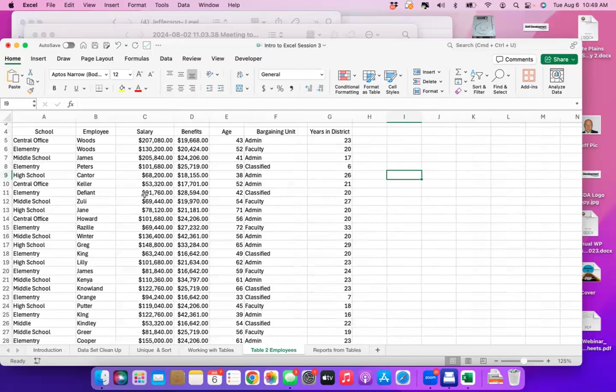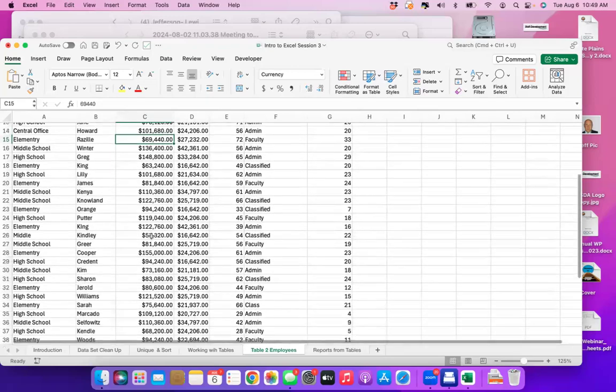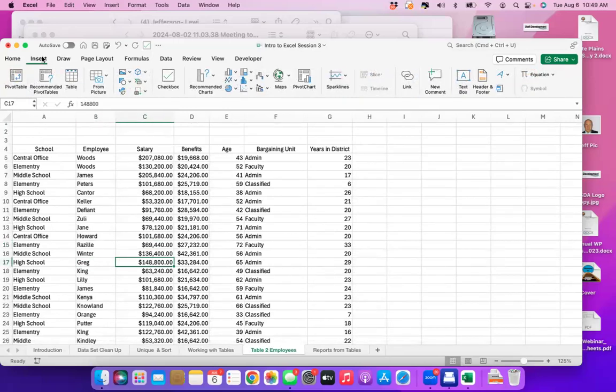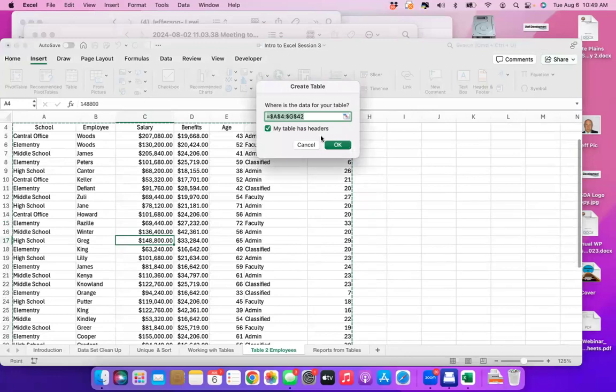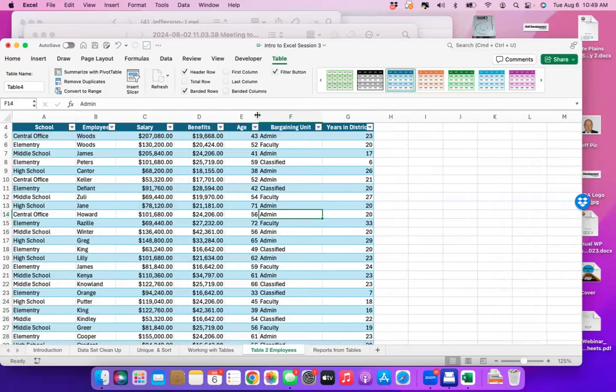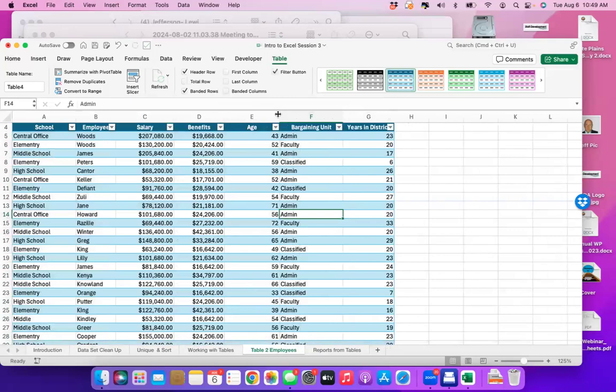First thing we said is we have to convert the data to a table, right? And once again, we'll just look. Yeah, it's all filled in, so we can put our cursor anywhere. We can go to Insert and do Table. Does it have a header row? Yes. Okay. And so now we have our data in tabular form. So let's say that I wanted to create an admin report,